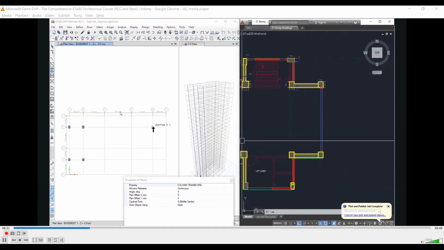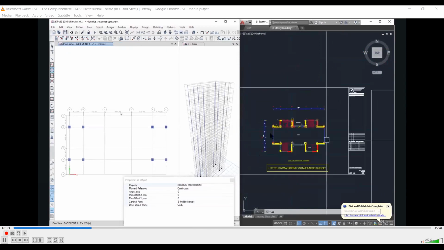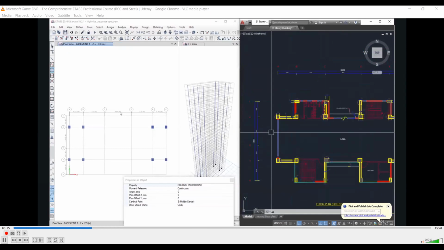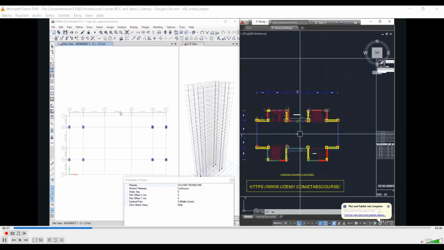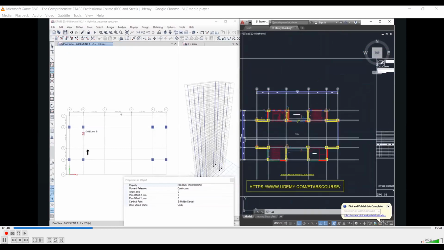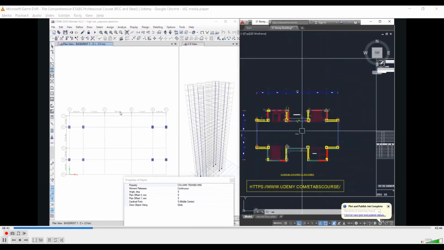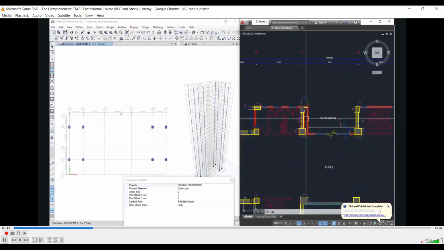So E2, F2, E3 and F3. So now we have modeled these 8 columns of 750 into 900 mm size.